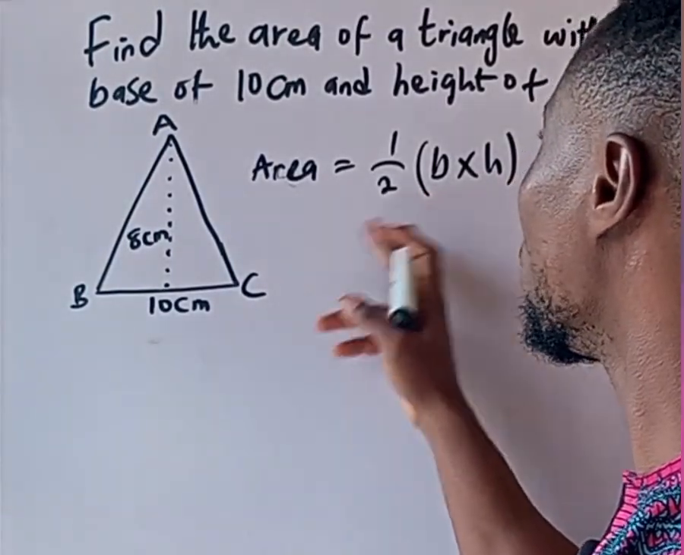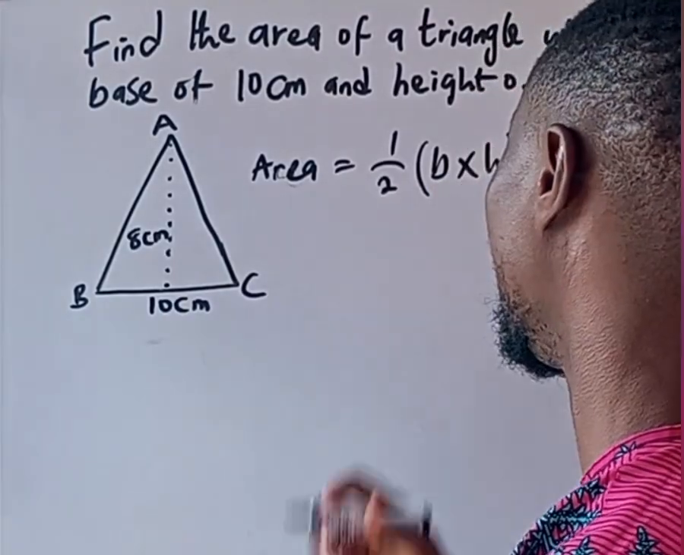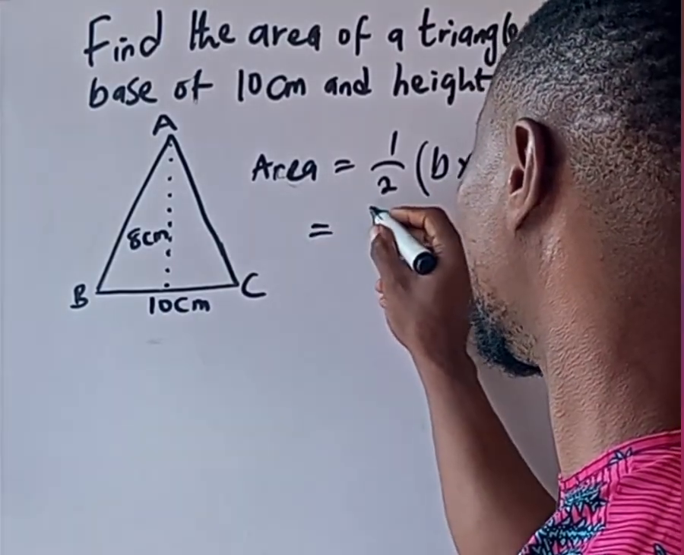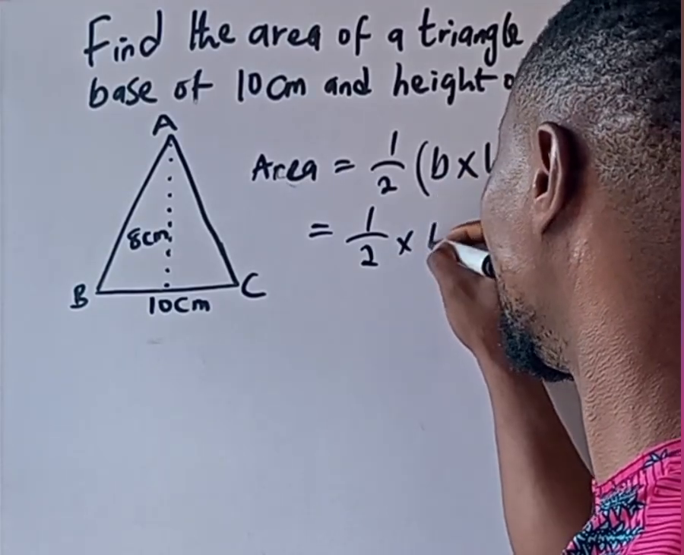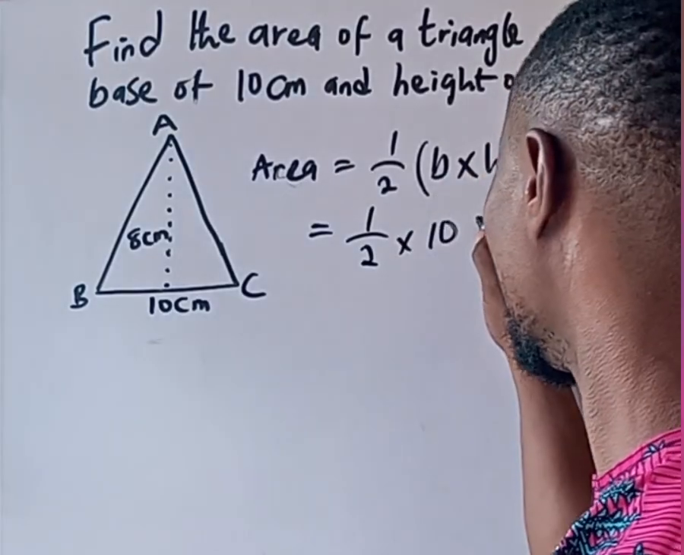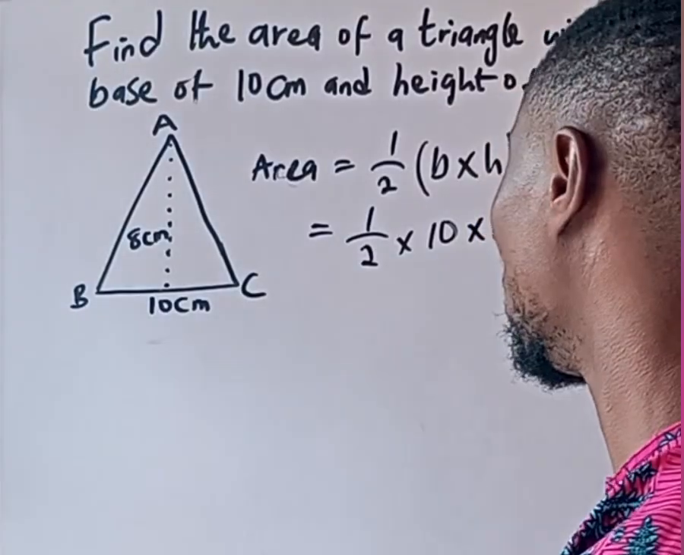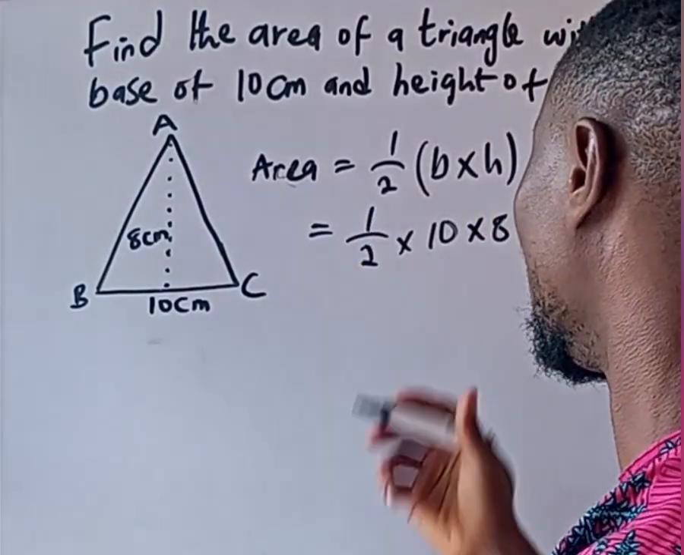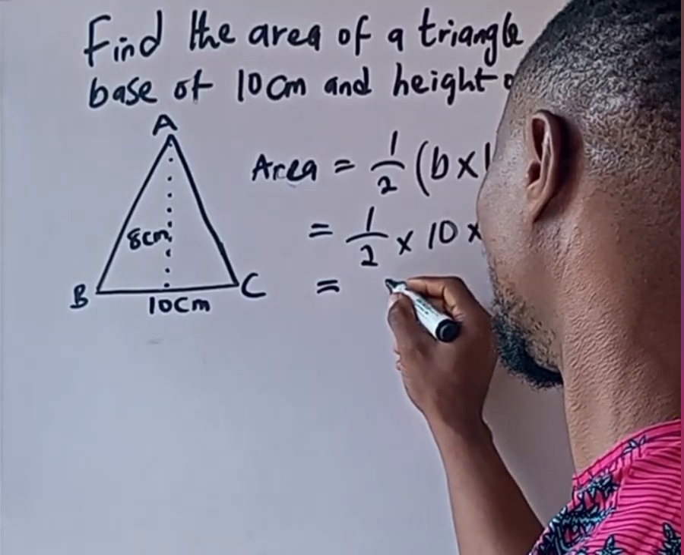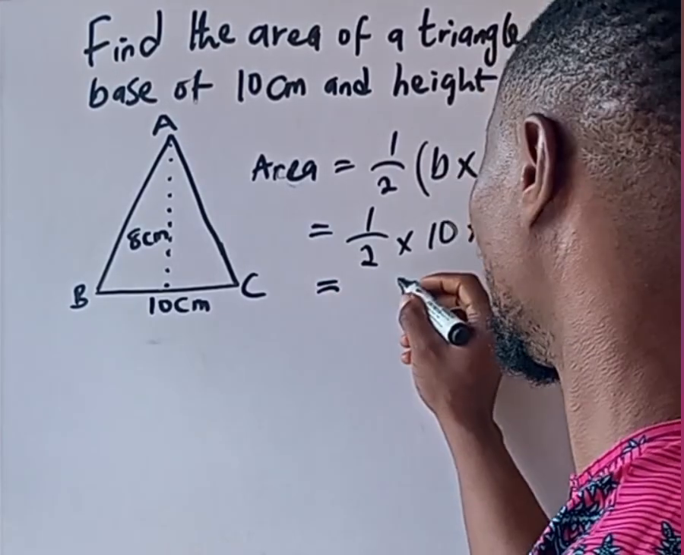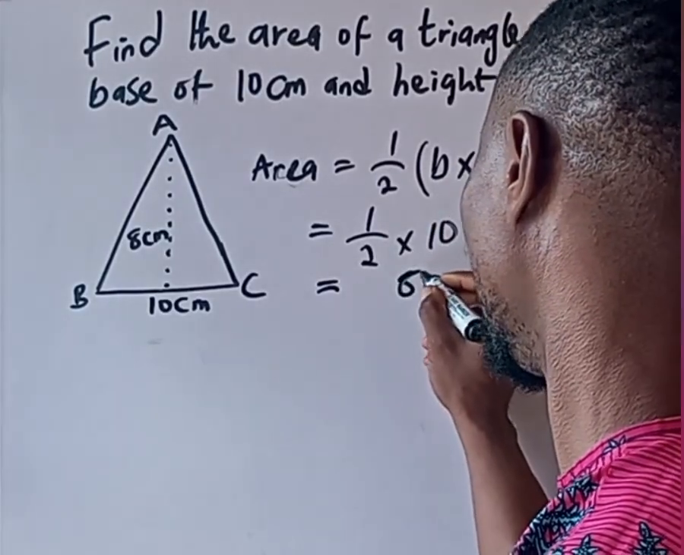So if we use this formula to solve this question, what is our base? Our base is 10. So therefore, we are going to get half, 1/2 times our base, which is 10 centimeter, times what is our height? 8 centimeter. All right. So this we times everything. So we are going to get 10 times 8 is going to give us 80. 80 times 1 is 80. So we are going to get 80